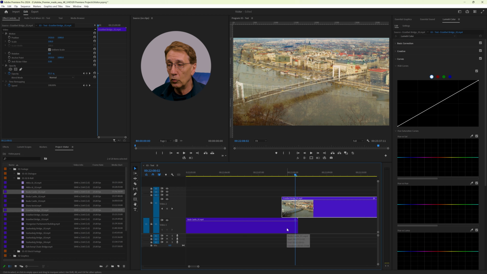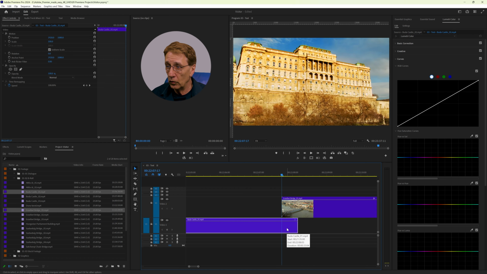And now we can do basically the same on the clip below. We go to this spot, and we have to mark to select. You can't effect what you don't select.